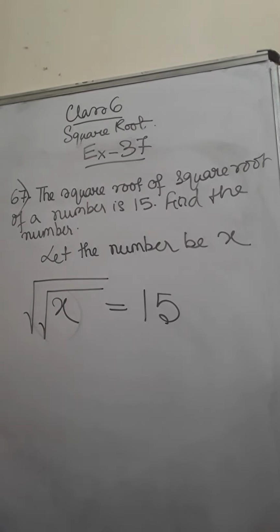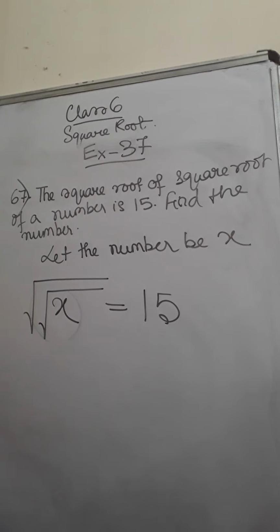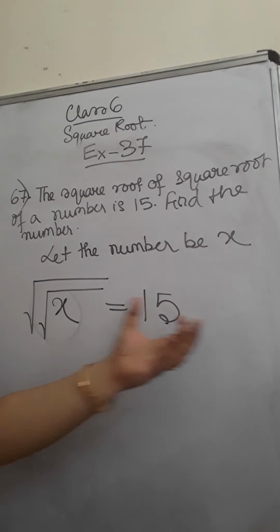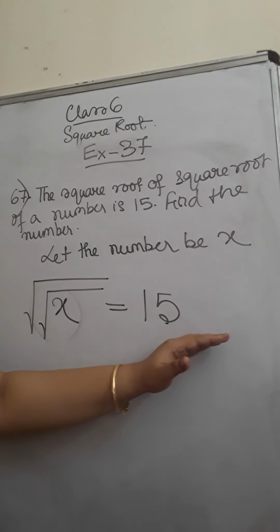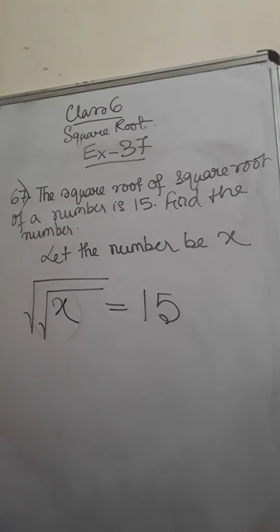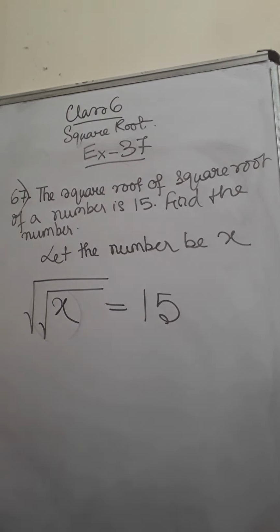So we need to find x. How will I find x? That is unknown. So we have to shift the square root sign to the other side. Now you all know that when we shift numbers from the left hand side to the right hand side, there is a change of sign. For example, anything added, if you change side, becomes subtracted. Anything divided, if you change side, becomes multiplied. Anything multiplied, when changed, becomes divided on the other side.